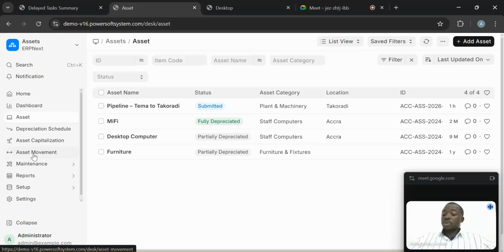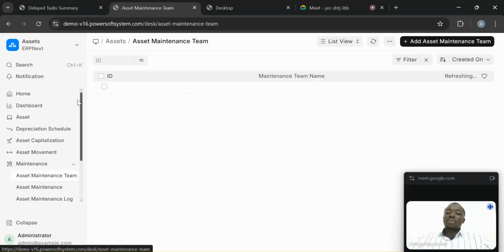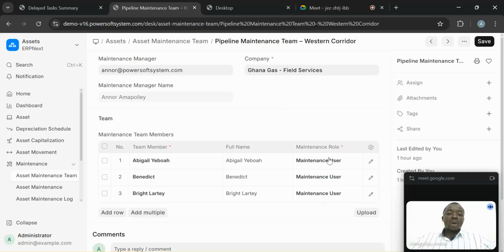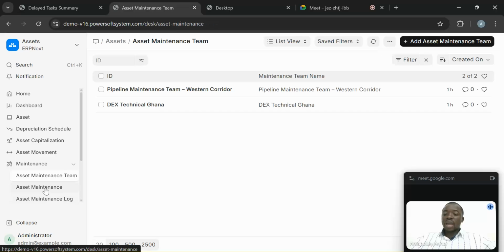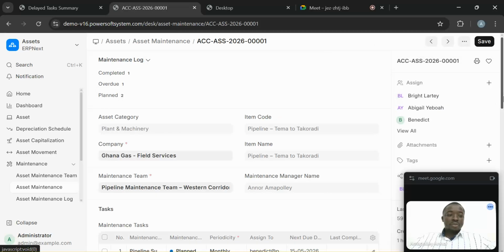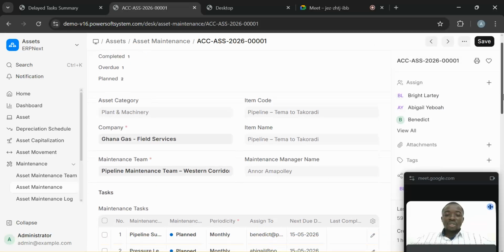So let's look at the maintenance. You can define your maintenance teams, like maybe a pipeline maintenance team, and then you can specify who is in this team and what their roles are. Once you have defined this, you are good to go. Then you proceed to define the asset maintenance. Over here, an asset maintenance can be scheduled like this. When you come over here, you'll see we have a use case whereby we have,